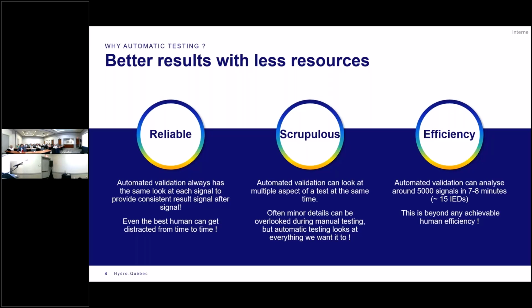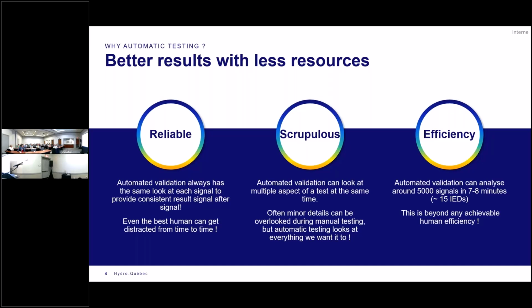So with this new architecture, there was a rethinking of how this validation could be done with more efficiency. And we came across one of the tools of Triangle MicroWorks, which is DTM, Distributed Testing Manager, if I'm not mistaken. DTM enabled us to do this automatic testing of almost the complete systems, but in some cases to be more reliable in terms of testing, because